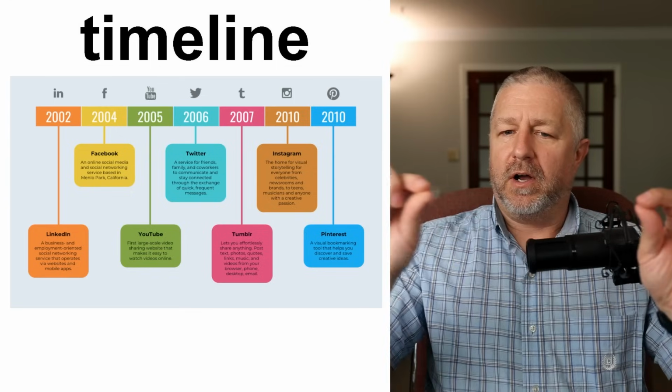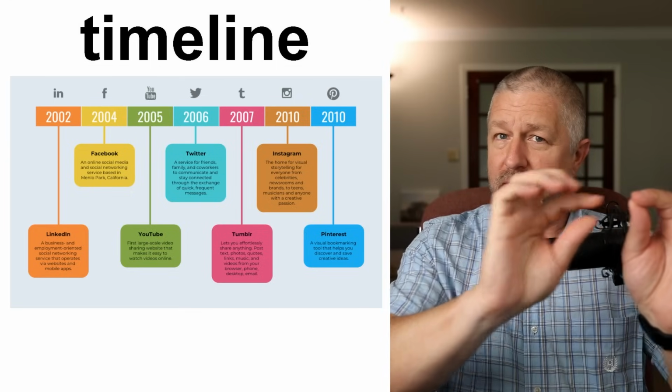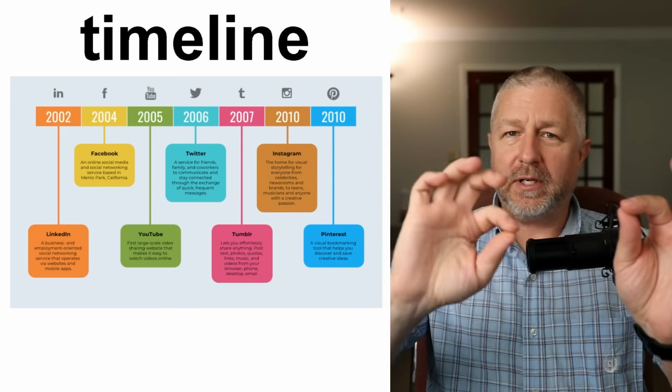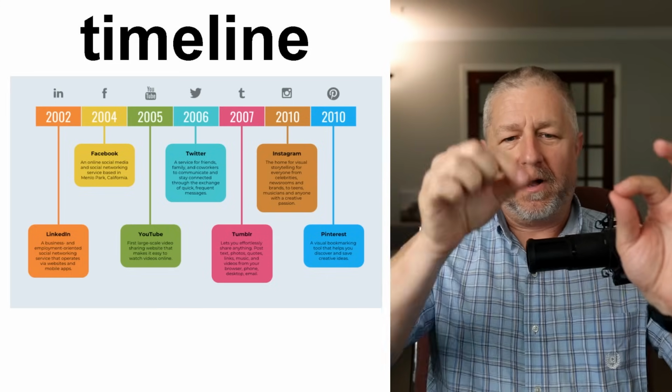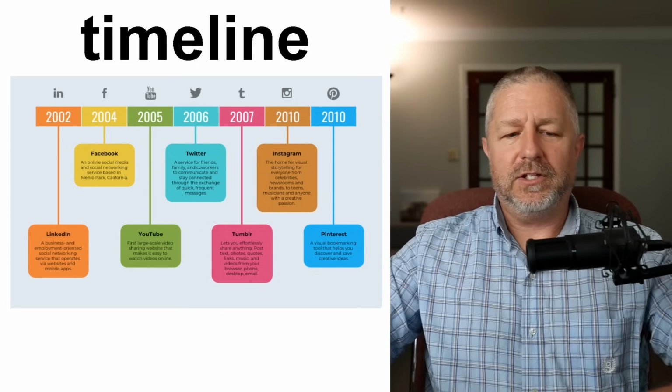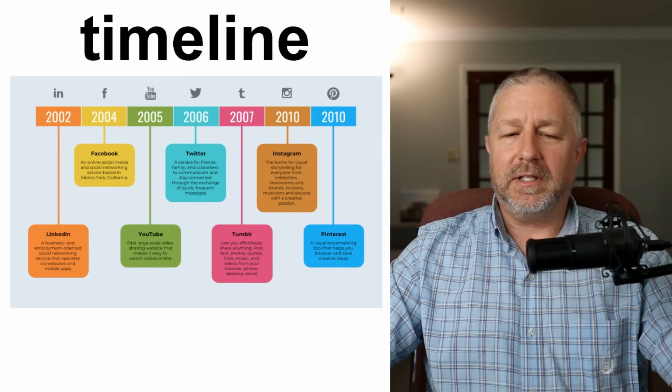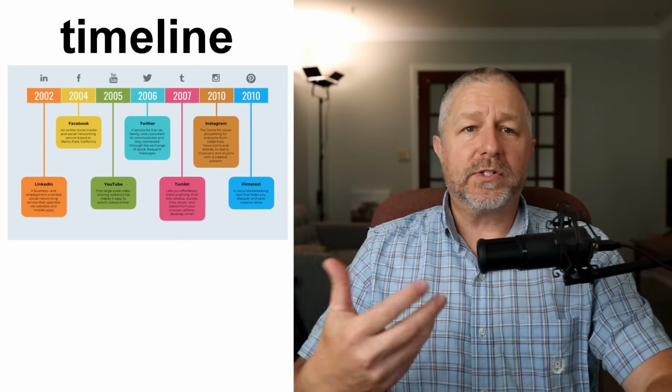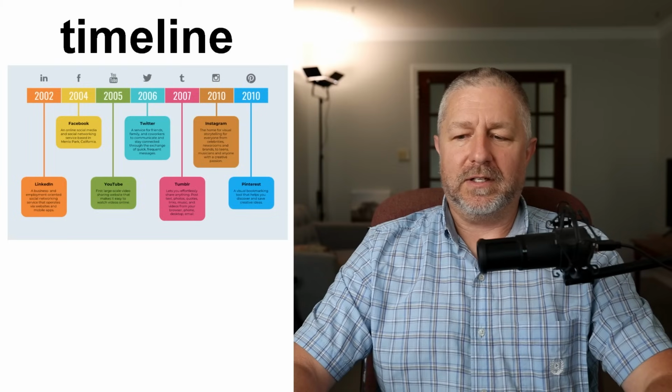So you would draw a line and you would put the date 1800 and 1900, and you would put important events on the timeline and describe each of them. So something that you commonly see in school, but you also might see when you're reading a magazine or other news article.